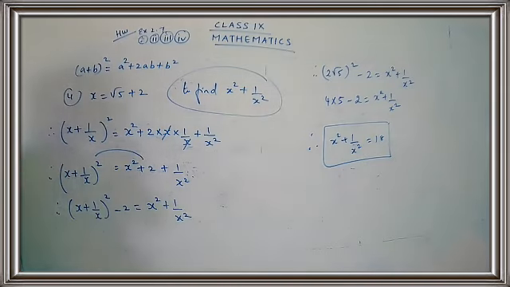Okay, children? So we have completed around 4 sums from these exercises and I have given you 3 sums for homework. That is from question number 2, the second subpart, the third subpart and the fourth subpart will be homework. Already I have given you how to solve sum number 4. I have given you a hint for completing your fourth subpart. So complete your homework and we will be continuing with the remaining sums in the next class.